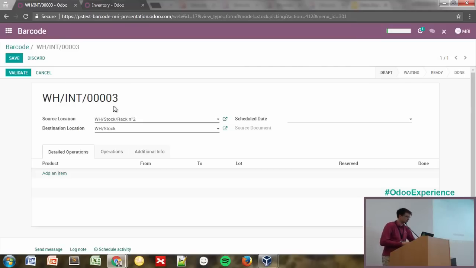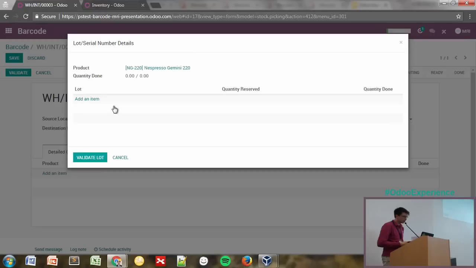And then I can say that I'm going to transfer one Nespresso machine that I just received from one location to another. And here again, I have to specify which serial number I'm moving. So let's say that I'm moving serial number 15. And then I